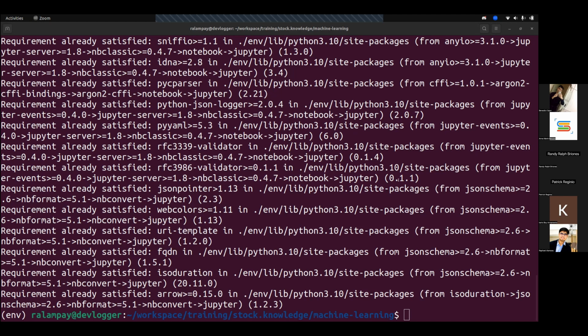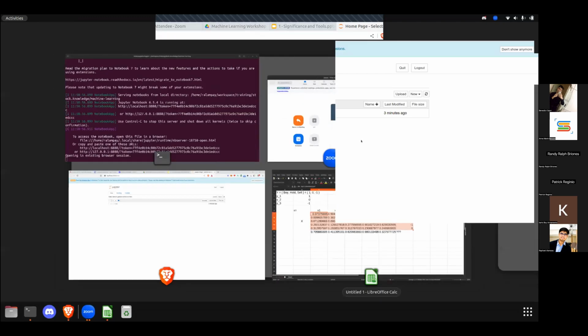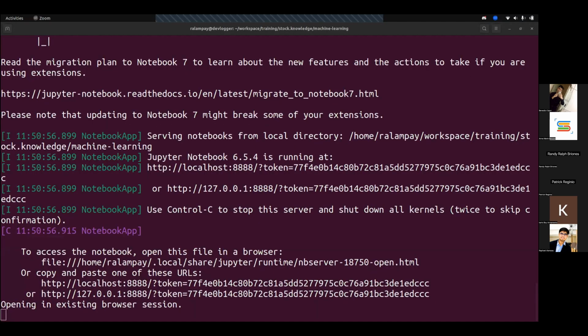Okay? So to activate our Jupyter server, after installation, we type in the command jupyter space notebook. What this will do is it will turn on the server. As you can see, it auto-runs. But if you take a look at the command line, after we've typed in the command,